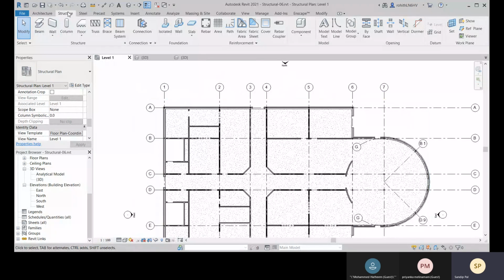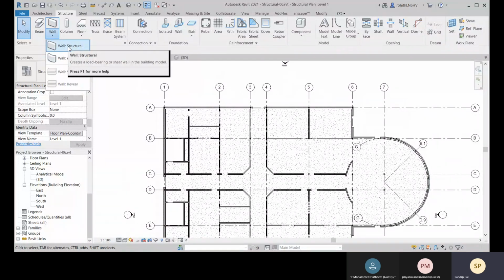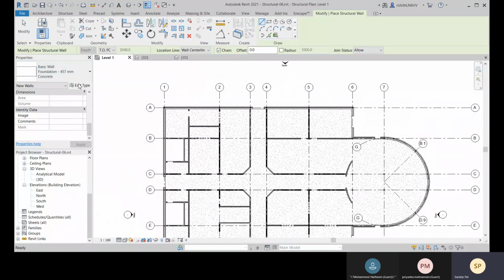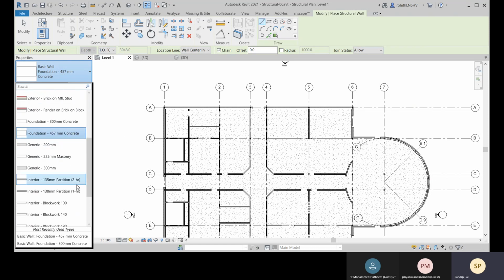We are currently within the Structure tab, and here we have Wall: Structural. Make sure that you choose this structural wall because it will come under the structural discipline. Now let me choose a foundation wall.